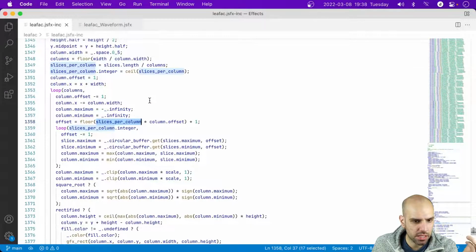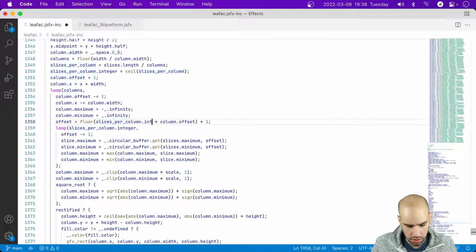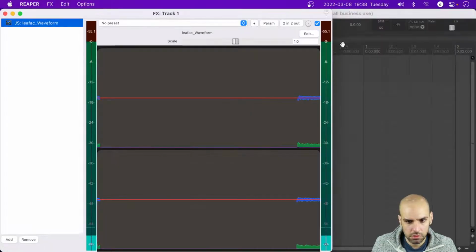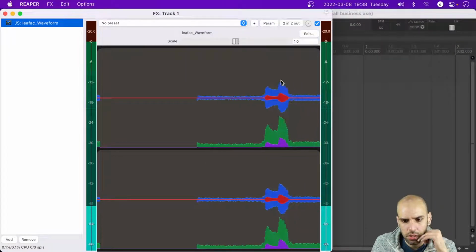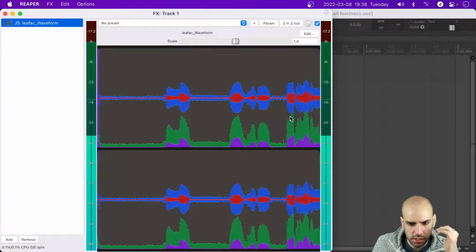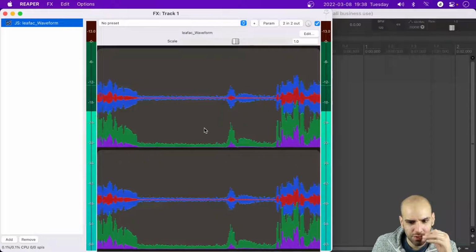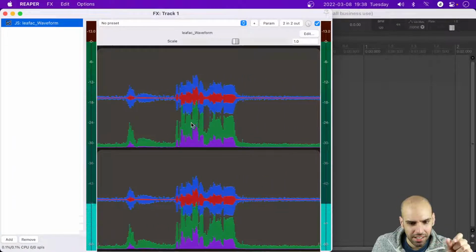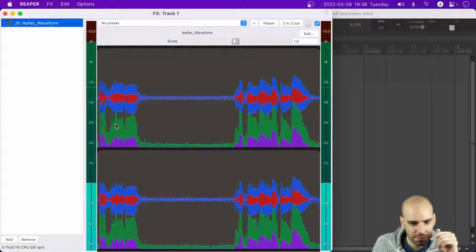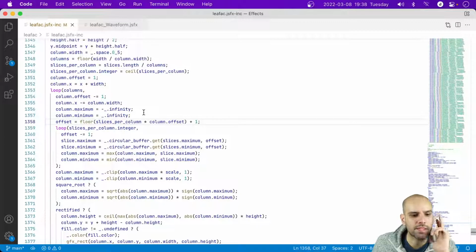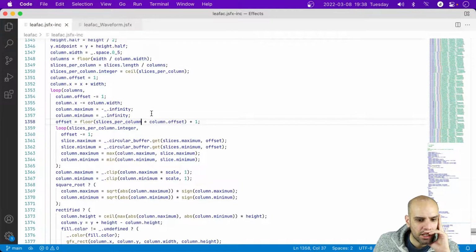If the number of slices per column is an integer, I think this may not glitch anymore. Hello? No, it's glitching all the same. You can sort of see the thing going up and down. So there is no easy fix for this. The issue is that